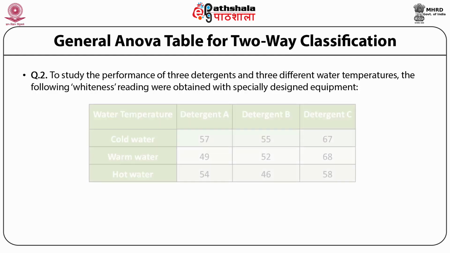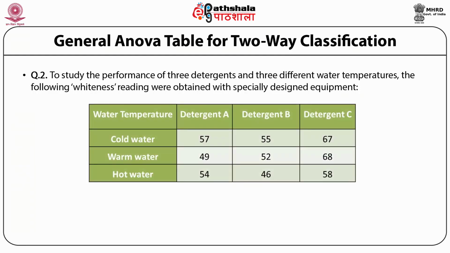If you see this table, on the column side it shows detergent A, detergent B and detergent C. So this is one attribute, a category of detergents. The other attribute, which is specified in rows, is the water temperature,